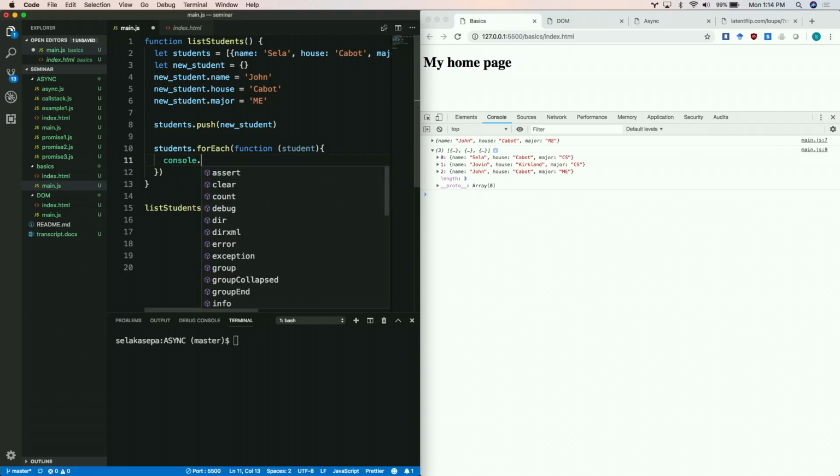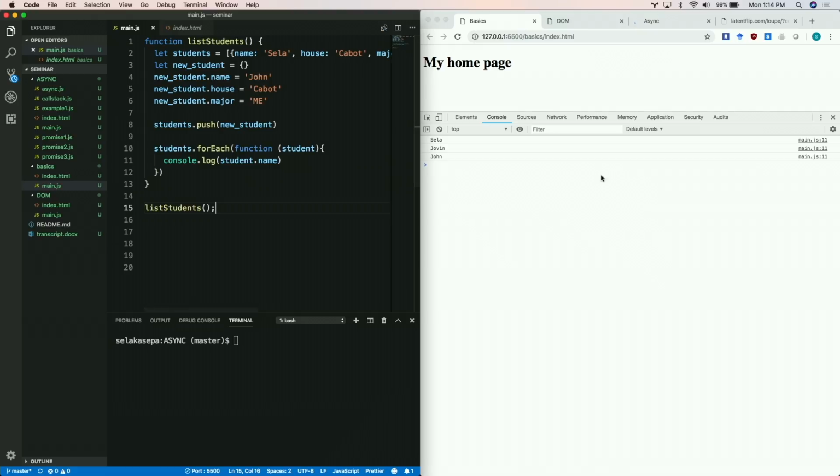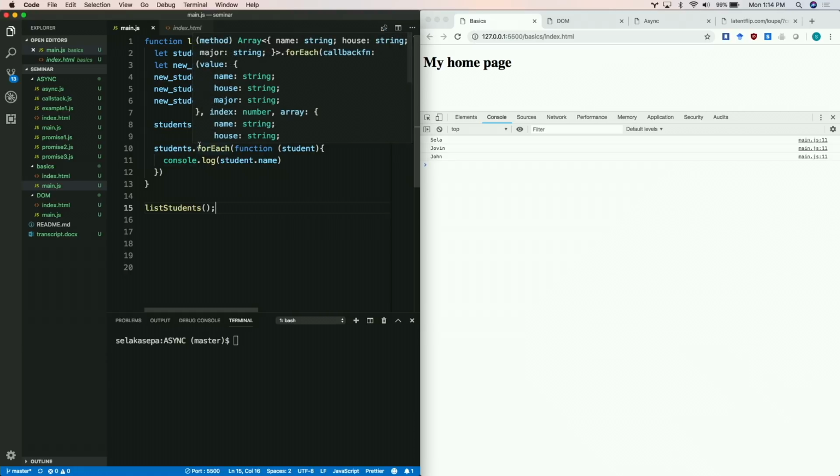So let's say all I want to do is just print out the names of my students. So I'm going to say console.log student.name. And then if we save this, we notice in our browser window, I print out all my student names: Sela, Jobin, John. So what students.forEach did is it goes over, like I said, it's going to iterate over